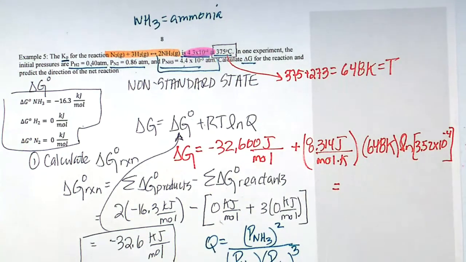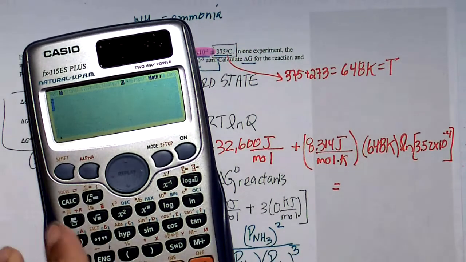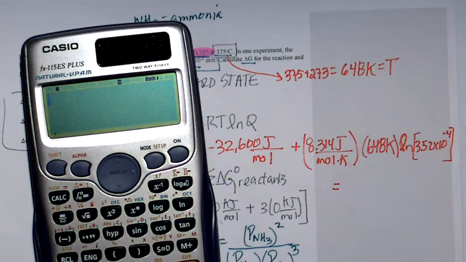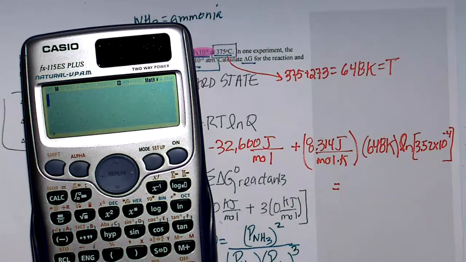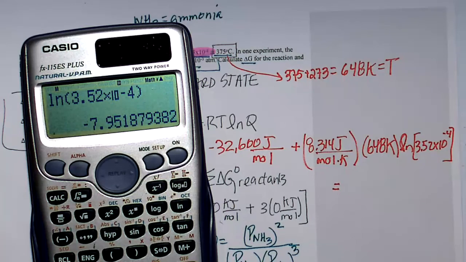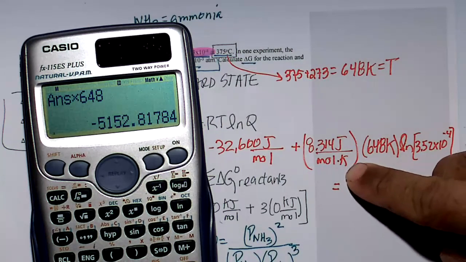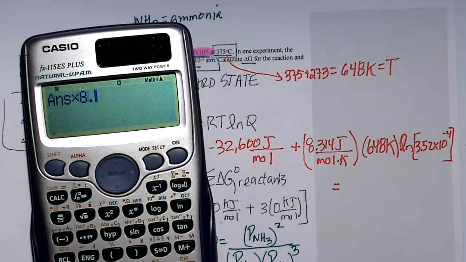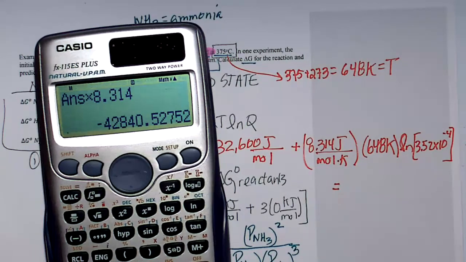All right, let's see if I can do this here. How should we do this? Well, you can break this apart individually. I may do it in one whole fell swoop. So let's see if I'm successful in doing that. Natural log of 3.52 exponent minus 4, that times 648 times 8.314. Okay, that is that number,